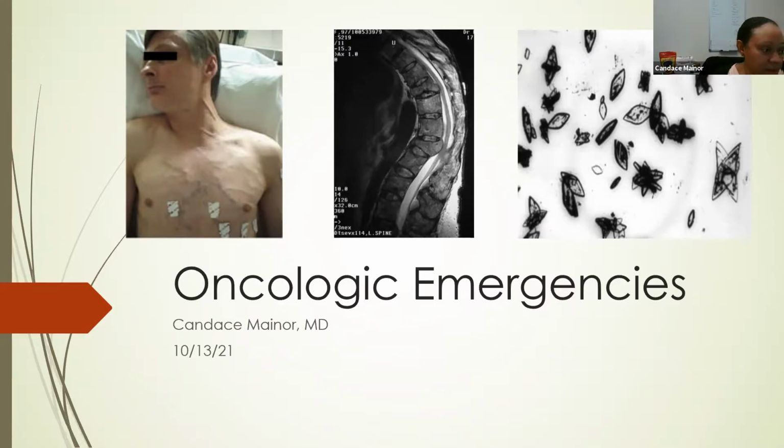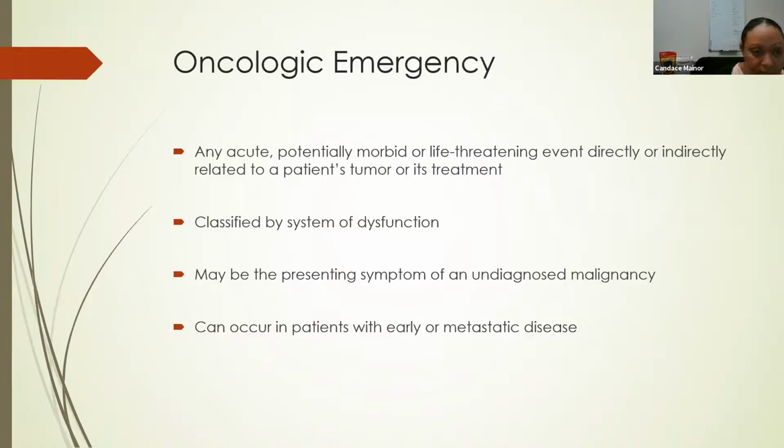I'll be talking about oncologic emergencies today. Onc emergencies are defined as any acute, potentially morbid, or life-threatening event directly or indirectly related to a patient's tumor or its treatment. And they are usually classified by system of dysfunction, which we'll get into on